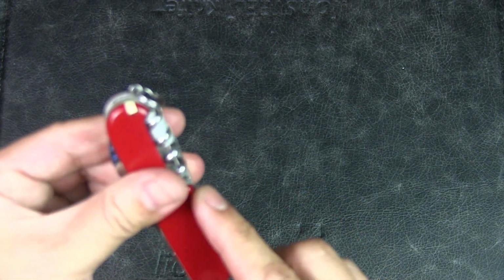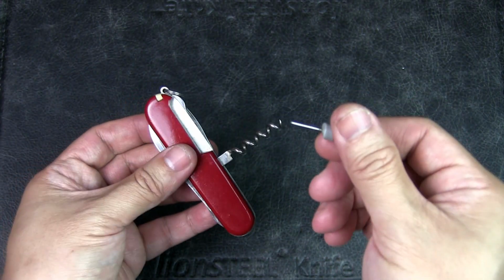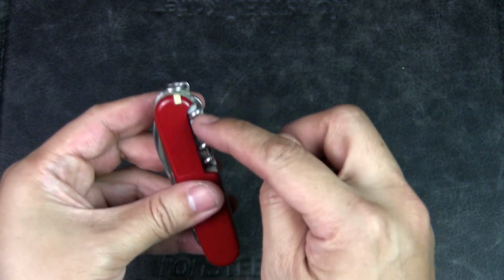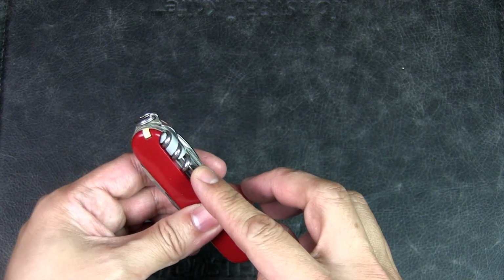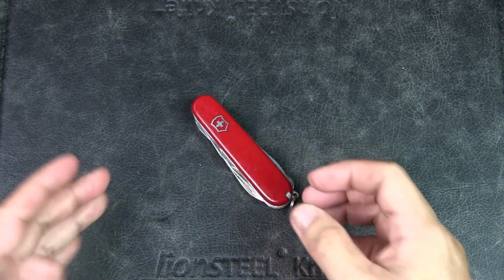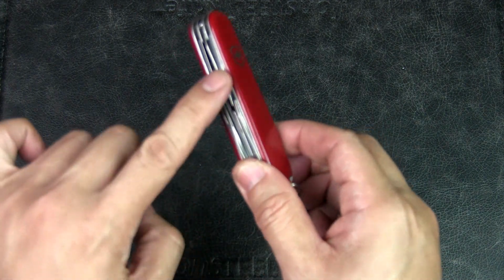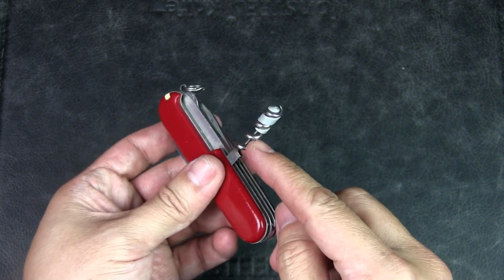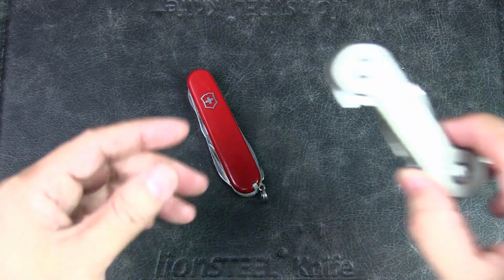There's of course the tweezers and the toothpick, and there's also the corkscrew, but I carry this little optical screwdriver as well. Now you can get the Thinker or Super Thinker or Deluxe Thinker, which actually has a Phillips head screwdriver, and many people might find that quite convenient and more useful than the corkscrew. And honestly, I do enjoy having a Phillips head screwdriver because sometimes you just need it, but for most screws that I need to unscrew, I can technically use any of these flathead screwdrivers over here, and more often than not I actually need this small screwdriver, and if I didn't have the corkscrew I couldn't have this inside. So that's why I chose the Climber, and that is why, if you remember, in my key bar